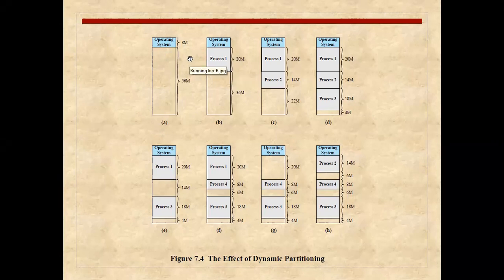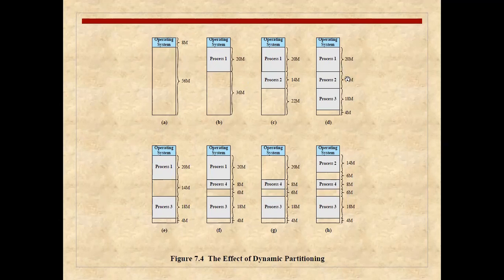In dynamic partitioning, you are having a single block of complete RAM. Some memory will be utilized by the operating system processes, and all other memory will be free for the other processes to execute. Then you are executing process 1, then process 2, process 3. So there will be no wastage in between the two processes. Okay. Now after some time, when process 2 completes, process 2 is removed from here, then this